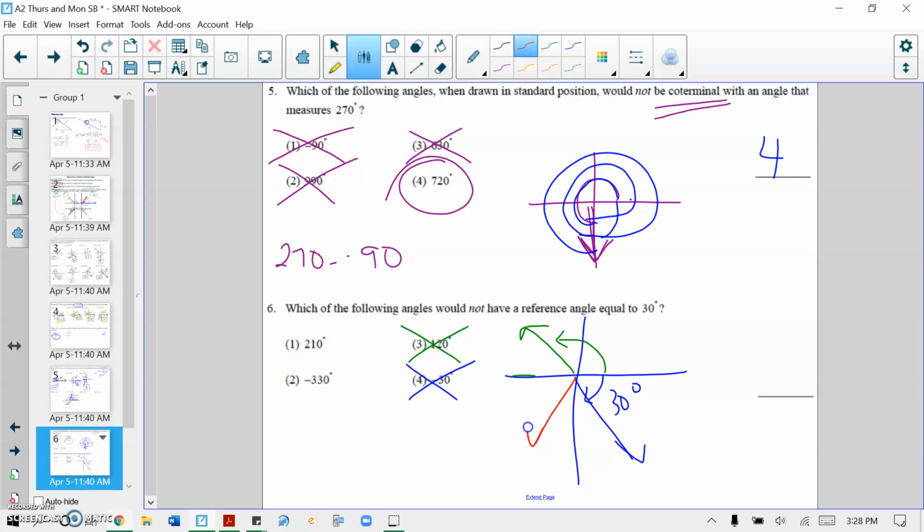210 degrees is right about here. Well, if this is 180 and that's 210, okay, that gives me an angle of 30 degrees, so that's something, okay? So this one would not have a reference angle. So actually, the 120, I take it back, 120, that should be correct so far. And then negative 330, that